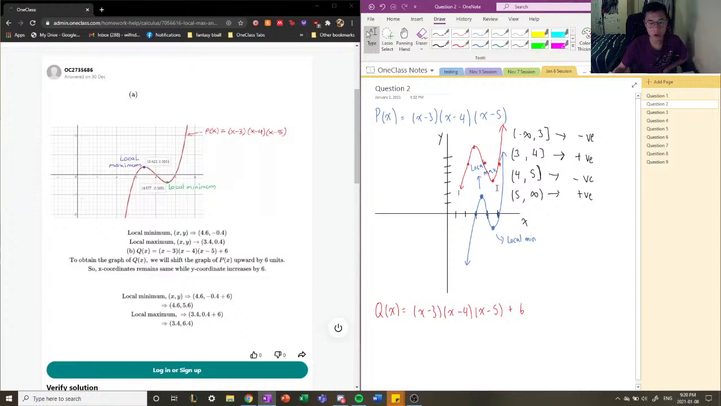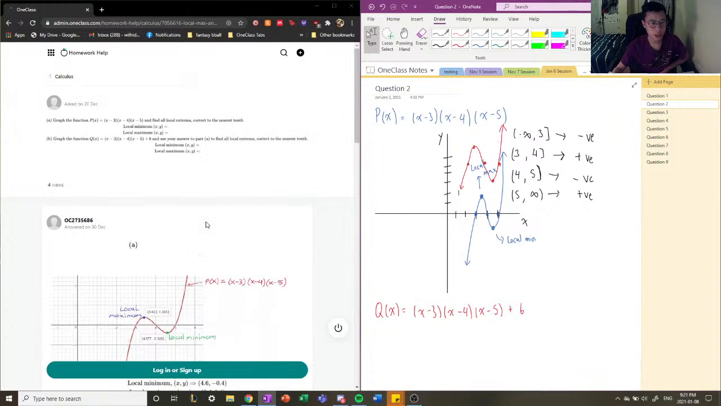So our local max and local min, the y coordinate is going to be added with 6 units, right? So the local max is going to be from 3.4 and 0.4 to 3.4 and 6.4, and our local min is going to be 4.6 and negative 0.4 to 4.6 and 5.6. So that's what it's going to look like over here. So that's how you kind of graph